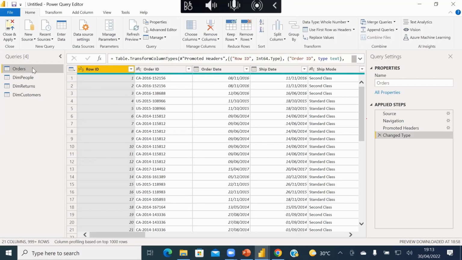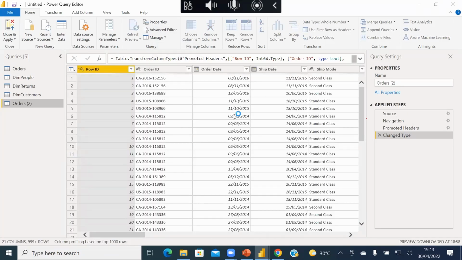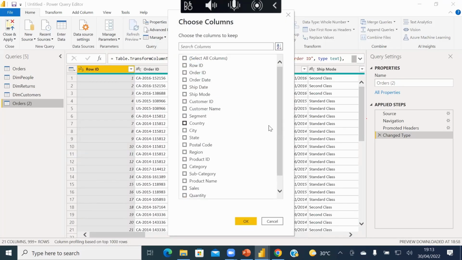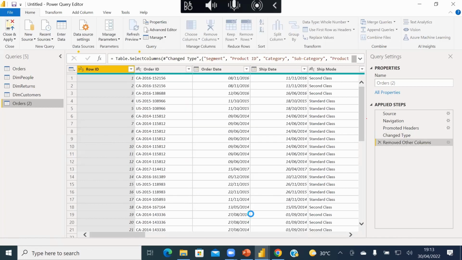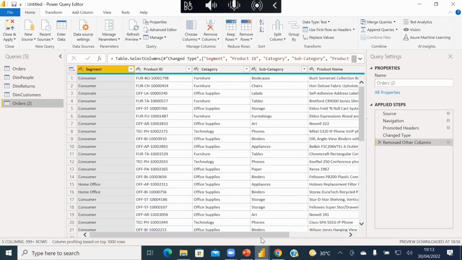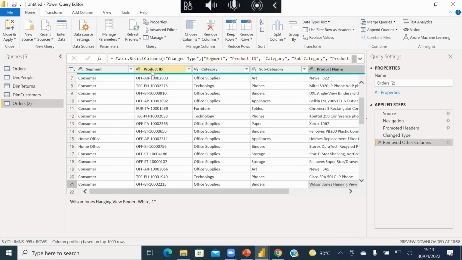So what we do is we duplicate this again. Then we go back to that step we're doing just now. Select everything. Then you click on product, subcategory, product ID, then the segment. So as soon as we have this, that means we are great. You can click on OK. We have the product ID. Let me see, did I miss it? Yeah, the product ID is here.